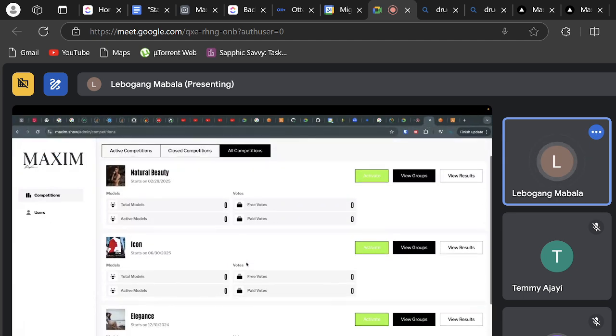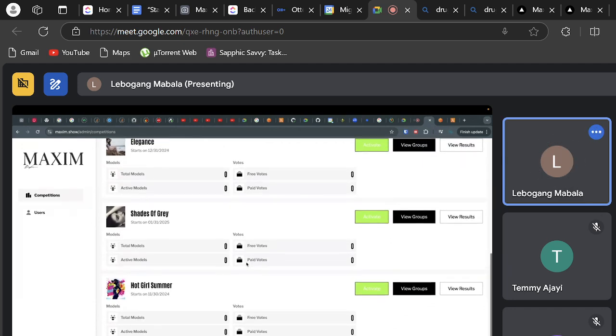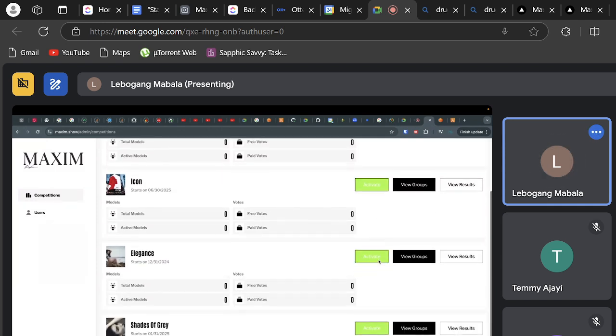So I was gonna say, all the non-active contests will have an activate button close to it, and when you click activate, it opens the registration from today. Is it from yesterday up until 7 days ago, or from today? I don't remember, but it's like a 7-day period. It might be from today till 7 days later, or from yesterday till 7 days later. So one of the two.